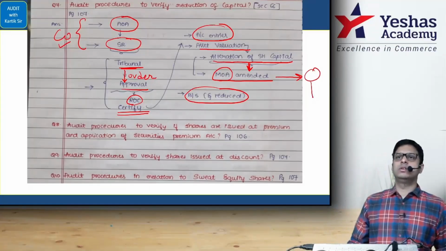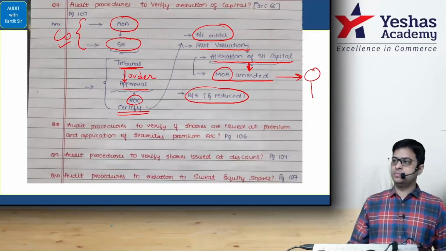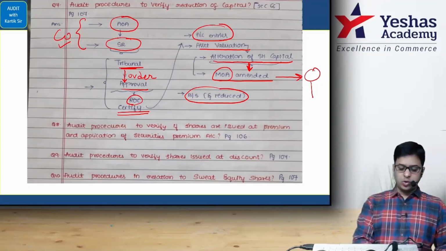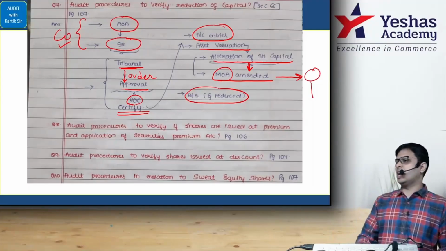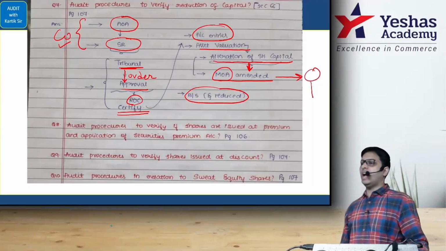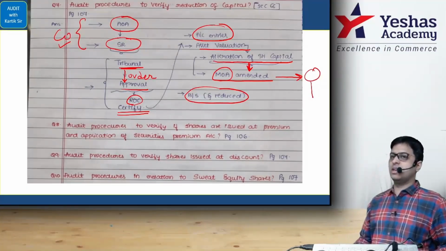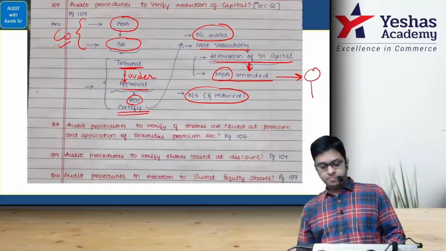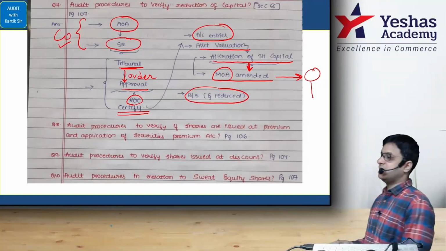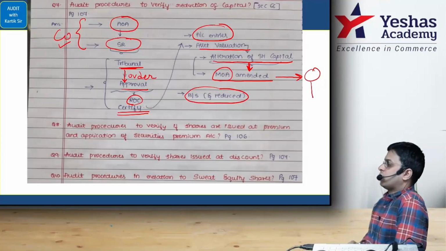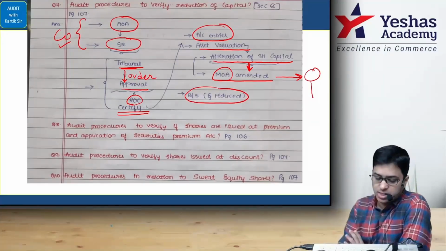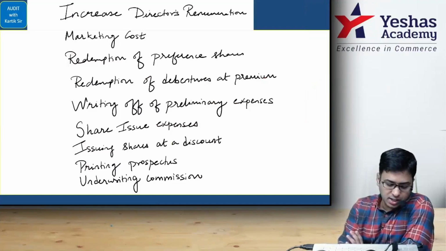Tell me, can you go ahead now? I'm going to ask you a good question now. Tell me this. Securities premium account, can it be used for any purpose, or is there a specific purpose for it? I want you to look at the screen. Tell me whether it should be used for that purpose or not. Okay, ready for it? You can see, look at the screen. Tell me. Start playing this game.